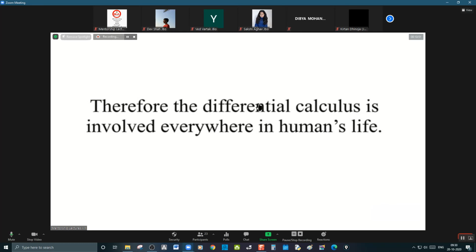That's about the introductory part of differential calculus. Then we will start the next session with functions, then limits, then continuity and discontinuity, then differentiability, and then derivative problems, differentiation problems, and then applications of derivatives. Applications of derivatives involve the tangent and normal, rate measure, maxima and minima, errors and approximations. This is differential calculus. We will continue in the next session.